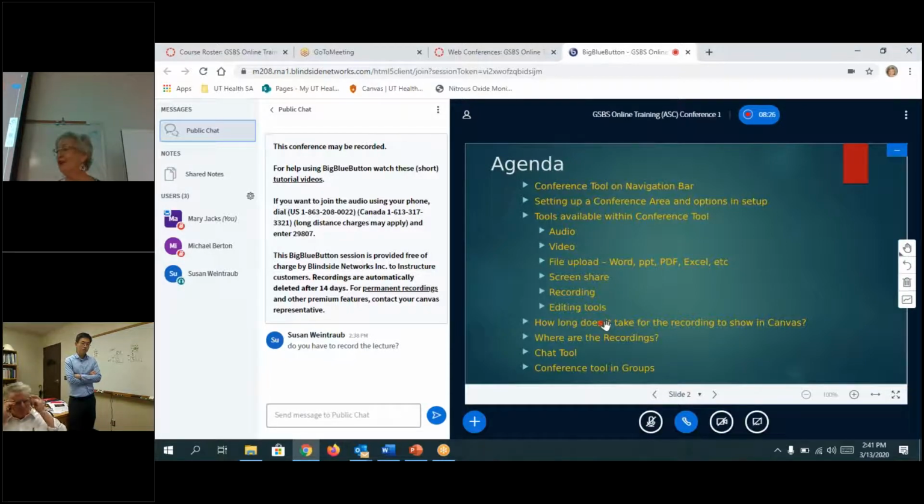But depending on the load that we have, it may take a few hours to actually store your voice recording. Okay, does that make sense? It's not immediate. Even when there were only a few people using this tool, it still took about an hour to show us on the home page that there is a recording there. Then once that's there, you can actually download it and save it to your hard drive if you'd like.